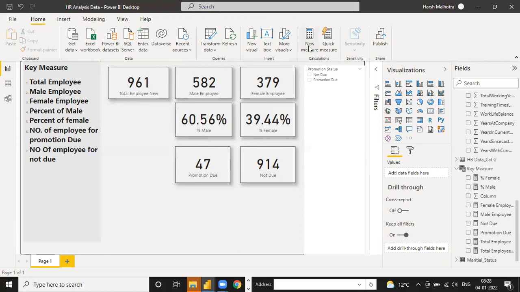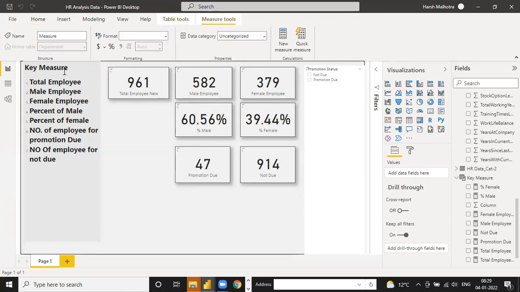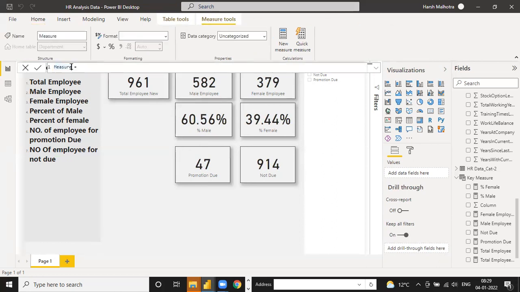So this way we have to calculate the percentage of promotion due. You have to just think and make the answer one by one. Like in this HR category, we don't have a lot of data or requirement of manager, just the percentage of promotion due. Okay, and now I'm going to tell you in a new way how to make the percentage.